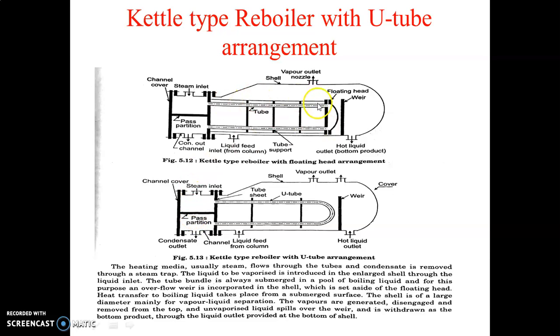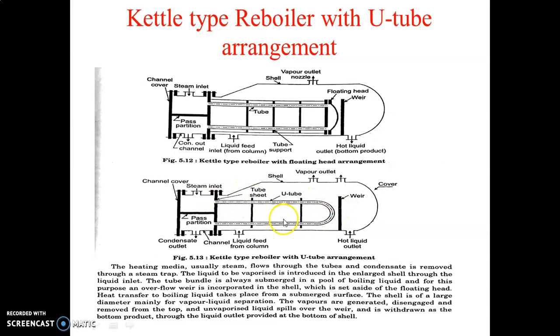Okay, so here only the floating head arrangement is made, and here the U-tube heat exchanger or U-tubes are used in a reboiler. So the construction is slightly different, and this weir is maintained. A weir is nothing but just one plate which is maintained because we have to maintain some liquid level here, and the overflow of this liquid goes as a bottom product. So this weir is nothing but just one plate which maintains the required liquid level